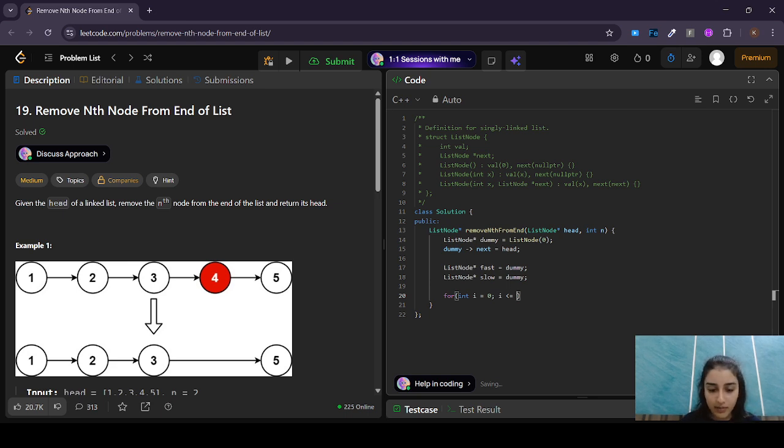We are writing this step to move the fast pointer n plus 1 steps ahead, okay? And here fast would be